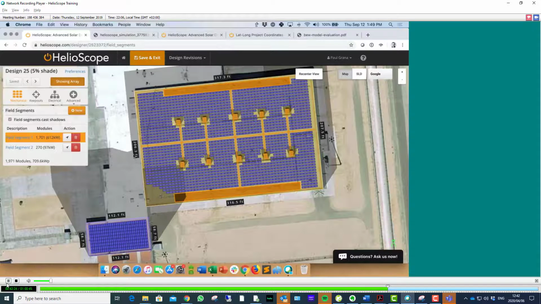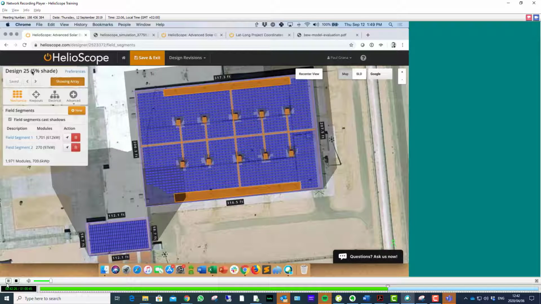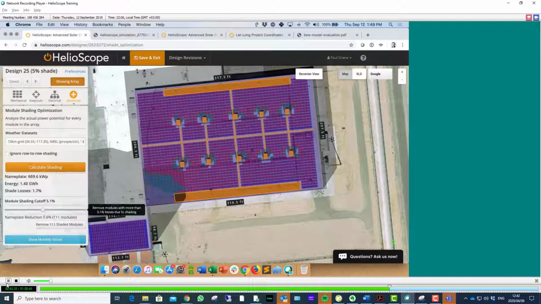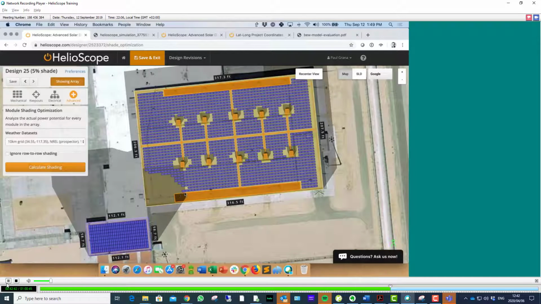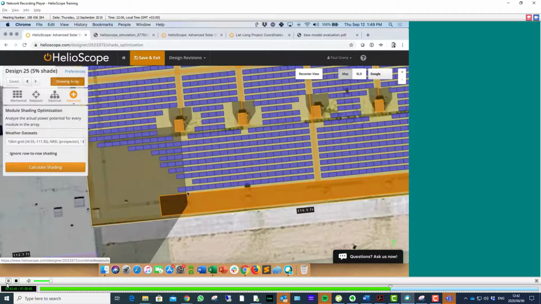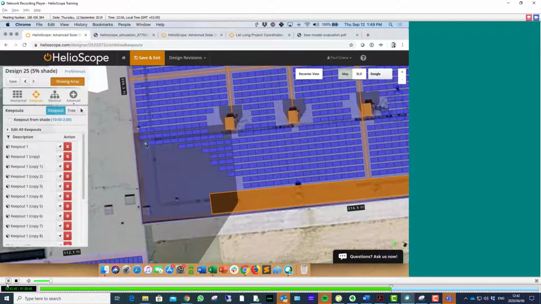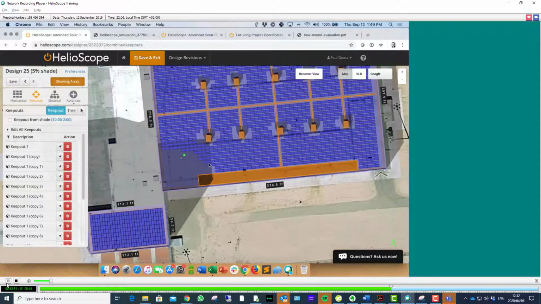So in this case, let's say we want to check out a more conservative shade rule, a 5% shade cutoff instead of 10. So I cloned my copy. Let me just rerun that shade cutoff. When it's done, I'll just move the slider down to the 5% mark. Remove again about 6% of the system size, and then just like I did before, maybe I'll trim a couple of modules off again, just because of buildability and racking, knowing what's going to work well